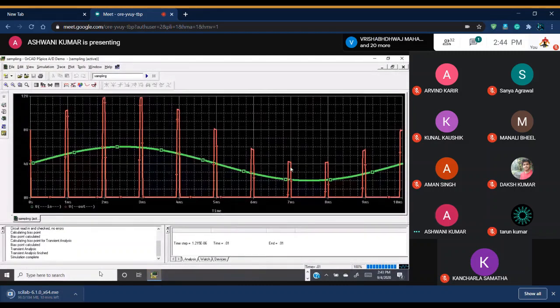So you can see the waveform. The pulse amplitude and pulse width are almost the same, because whatever pulse width you have already given, that depends on this. Only this thing is changing here. So now you can count the pulse variation.